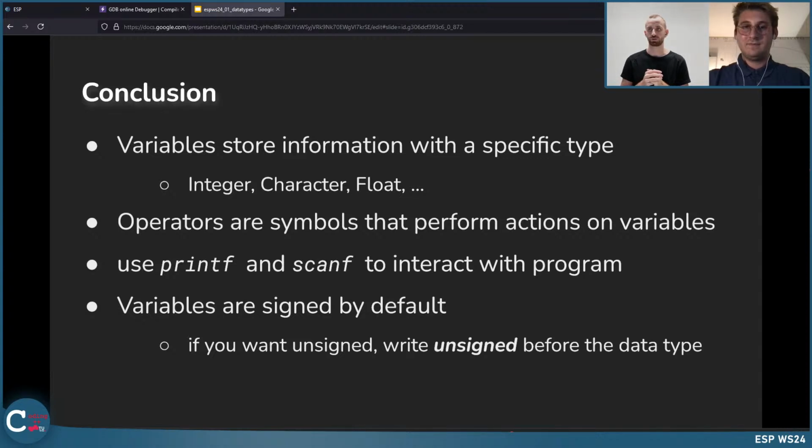And we talked about printf and scanf, which are very important to interact with the program. So we want to give something to the program as a user, and I want to take something from the program as output. So I can use scanf for input and printf for output. The last one is a small spoiler for what we wanted to do in the last topic, but as I said, we will discuss that next time.